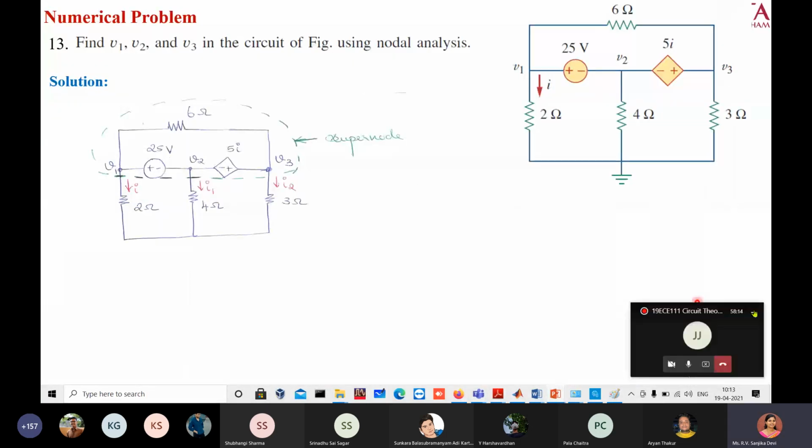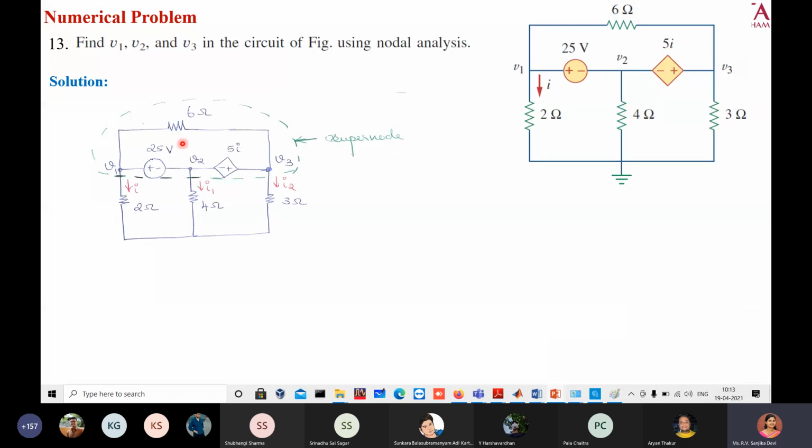Okay, so here this entire thing is considered as a supernode. And how many branches are connected to the supernode now? 3 branches are connected, and we will fix the direction of current. So I is already given, so I1 and I2 we can assume to be flowing downwards. Again, there is no restriction that it has to only flow downwards. It can also flow upwards. If you choose it as flowing upwards, then correspondingly you have to write the equation.